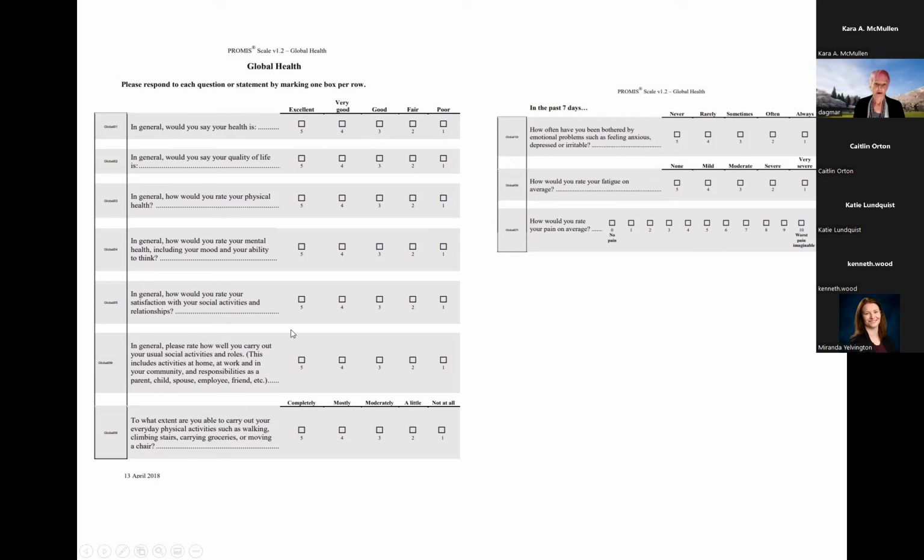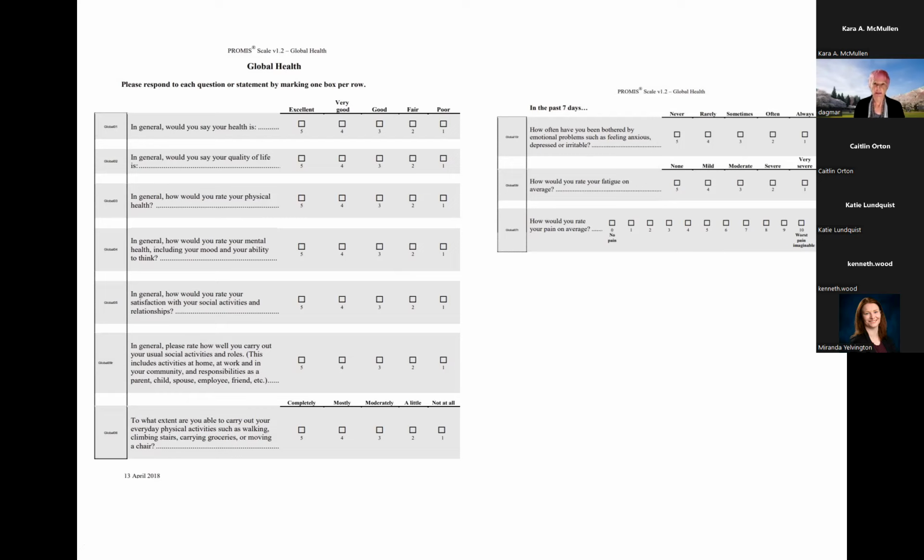We have 9 questions here that are IRT scored, and each question measures a different health domain. So here's a physical function question. Here is a question about mental health. Here is satisfaction with social activities. There are different ways to look at somebody's health, like different aspects of somebody's health that we ask in these